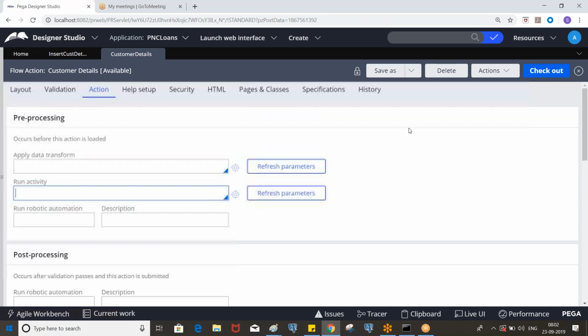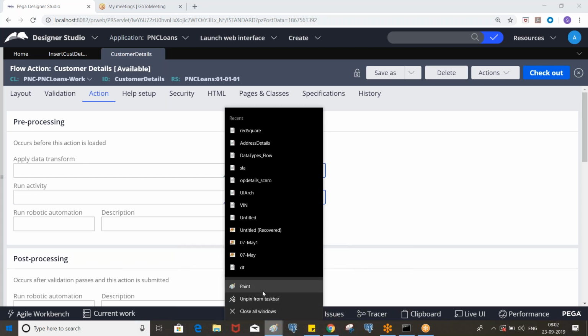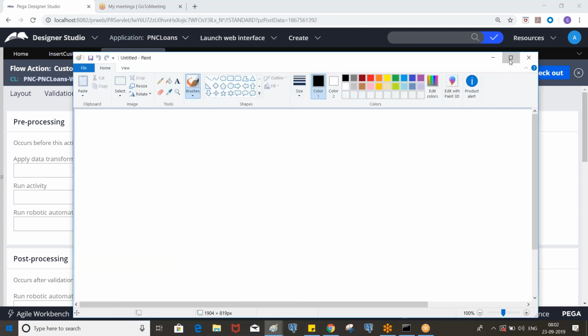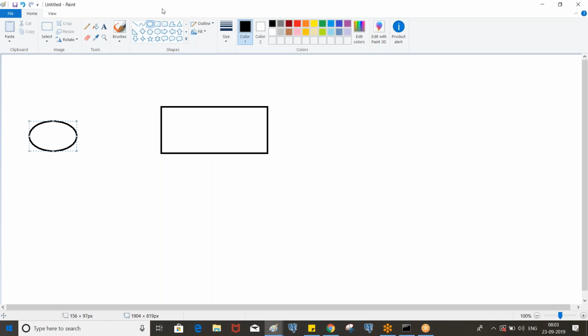We have a flow called customer details, which contains only one assignment, a start shape, and an end shape.